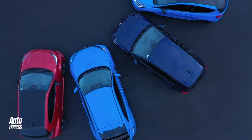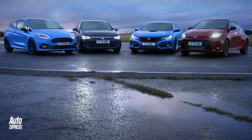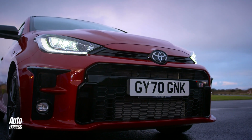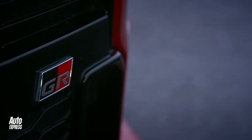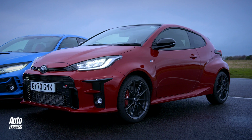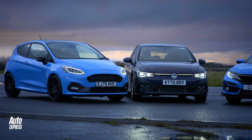We love a good hot hatchback here at Auto Express, and these four are just about the best in the business right now. But which is quickest around our favourite Welsh circuit at Landau? The mad little four-wheel drive rally stage renegade that is the new 257 bhp Toyota Yaris GR,